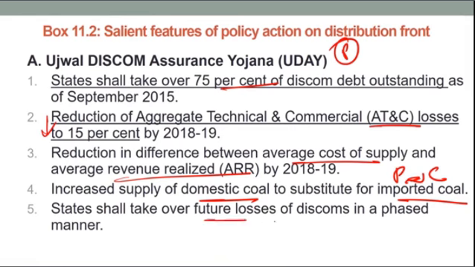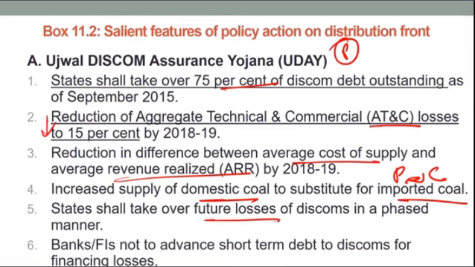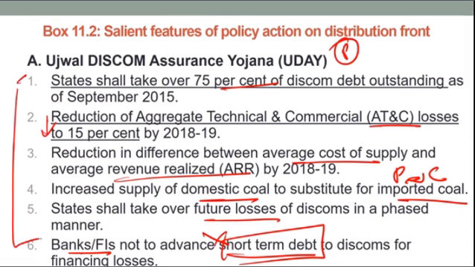Even future losses by discoms will be taken over by states in a phased manner. Banks and financial institutions are not supposed to give short-term debts. Please remember, only short-term debts. Do not give short-term debts to discoms. If you're giving debt, give long-term debt. So now a prelims question can come, which among the following is part of Uday Yojana, Ujjwal Discom Assurance Yojana, or